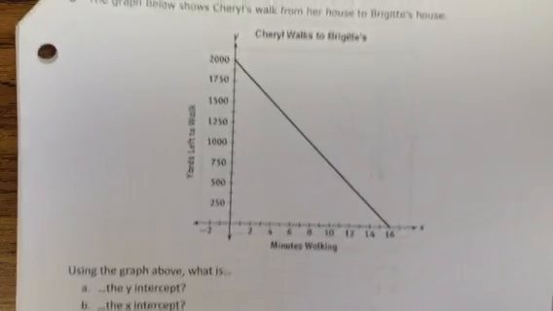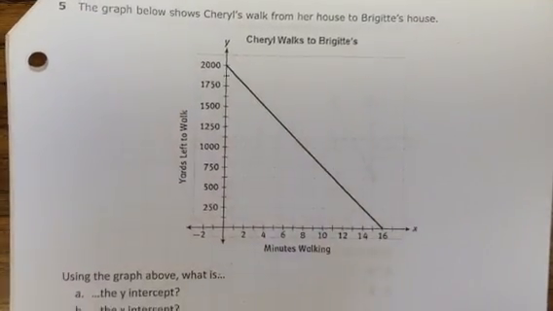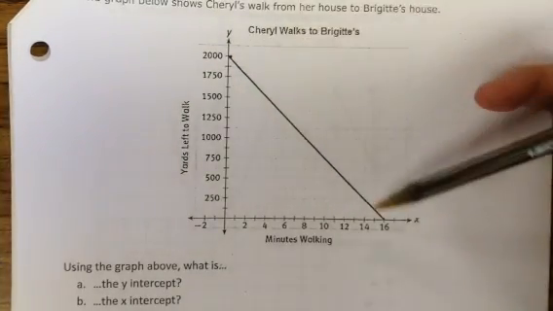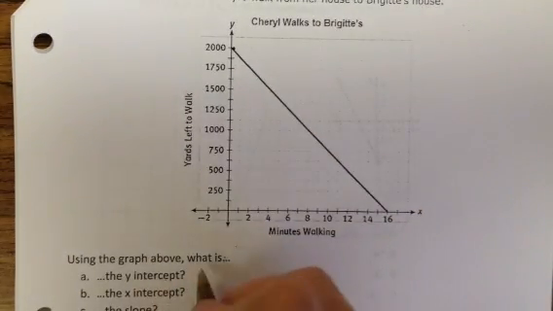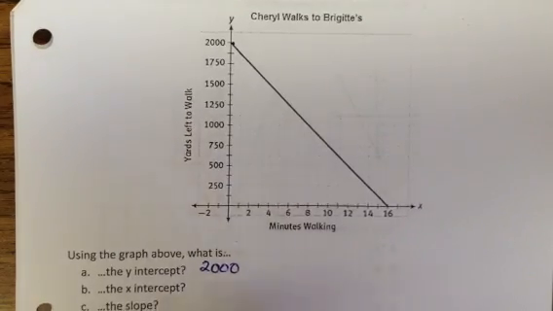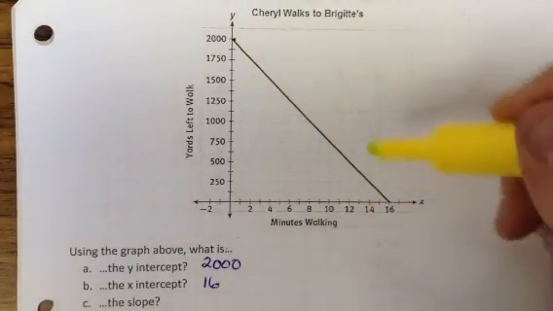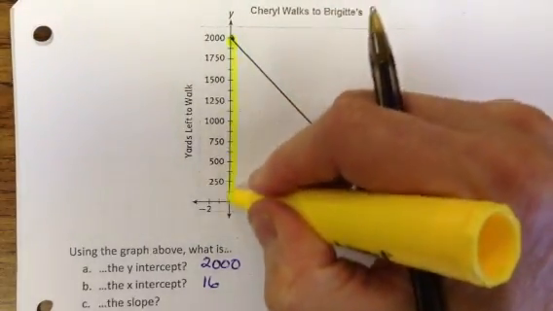Same type of questions over here. This is Cheryl's walk from her house to Bridget's house. It's a little more clear. We have a clear y-intercept and a 0. So let's fill that in. The y-intercept is 2,000. X-intercept is 16. And the slope, again, instead of trying to go find some points over here, use the points you have. You got that one and that one. Make one grand